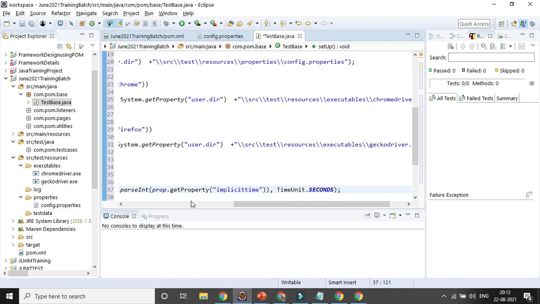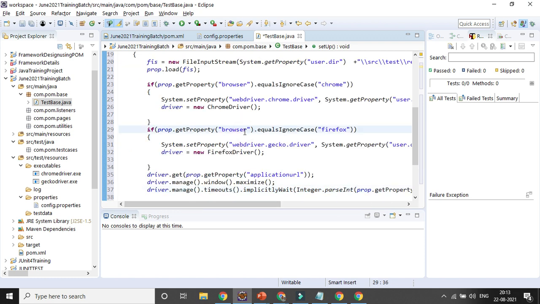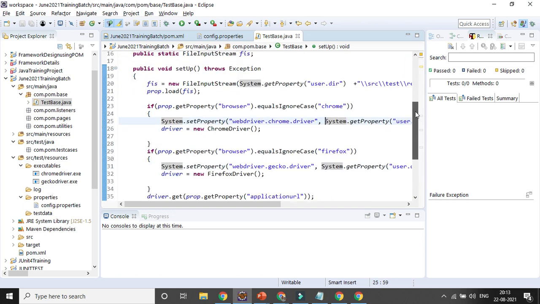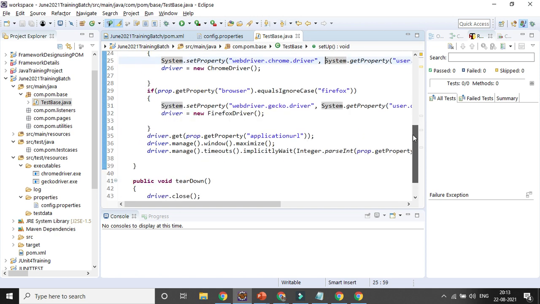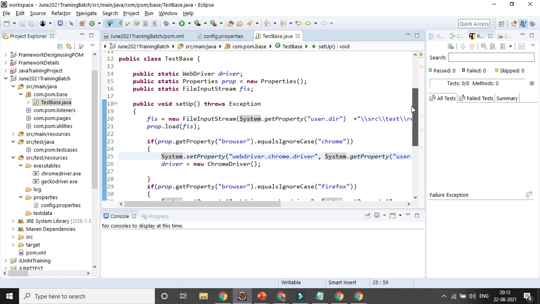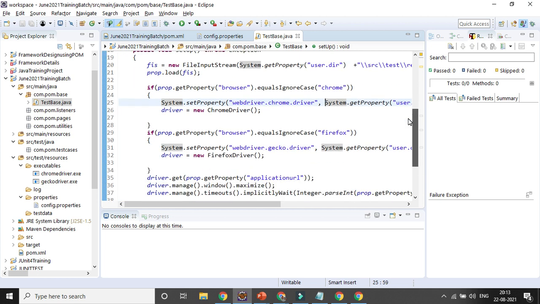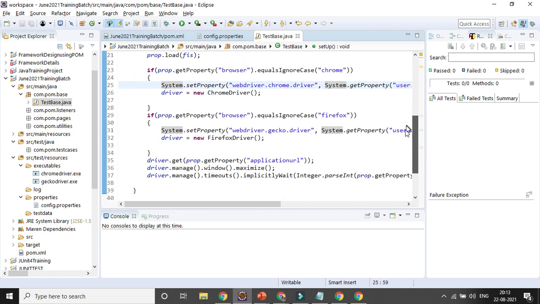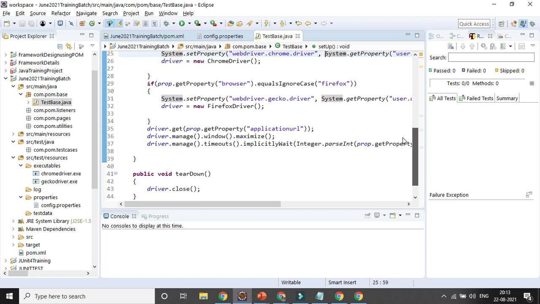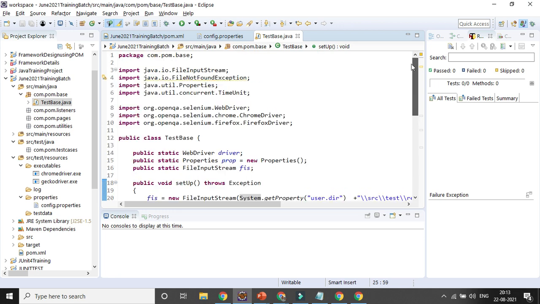Let's see, any error message? No. Okay, that's fine. So this is my base class for now. Definitely I will be customizing my base class at a point of time. Any point of time I can customize it. So I have created 2 methods. One is for my setup for the browser part and my URL part, as well as my implicit timeout or whatever I have given, and I also created one more called teardown, which is closing the browser. So that is my test base class I have created.